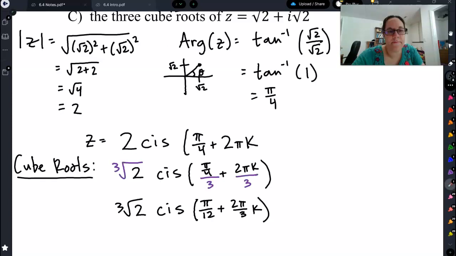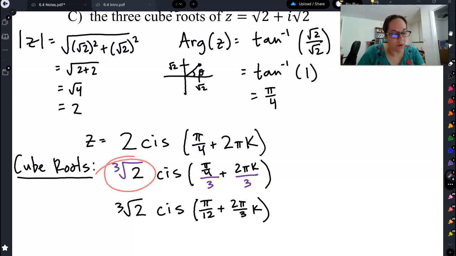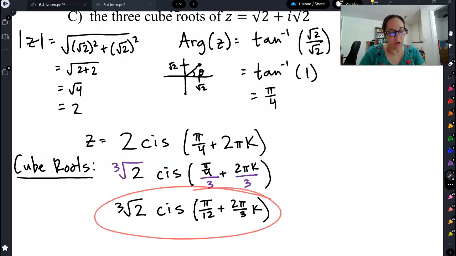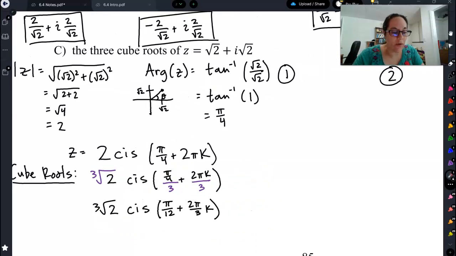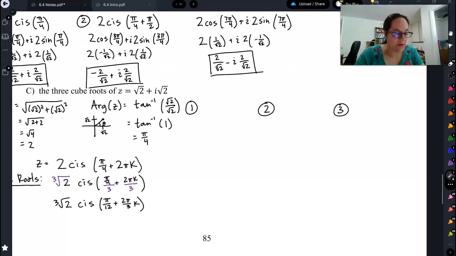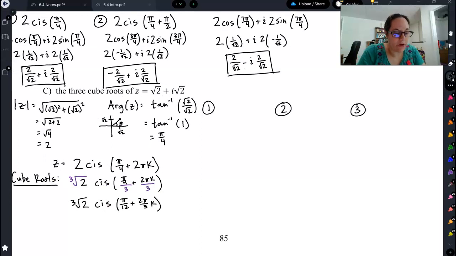Let's check your work so far. I got that my modulus is 2 and my argument was pi fourths. So I did my rule, since we're doing the cube roots, take the cube root of the modulus, divide my argument by 3. Here's my cube roots rule. Now, I know that I should have 3 answers here. So the first one